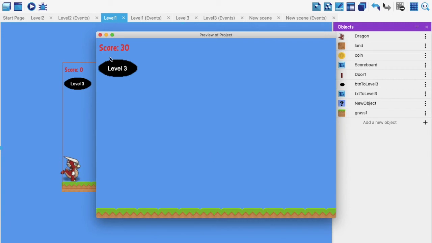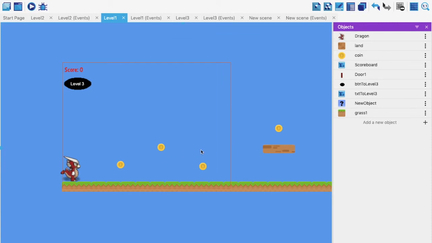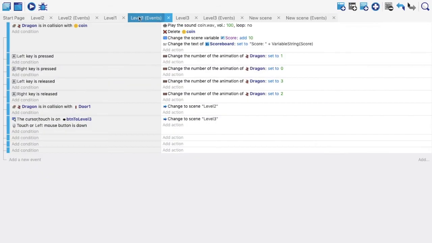So for this, we need to do some code which will allow us to move our scene along with our character. Now, this is a very crucial part for any game, guys. So let's see how we can do this effectively. So let's go to the level events, and there is no condition for this. There is only action, and the action is that we need to move along with the character. So how do we do that?